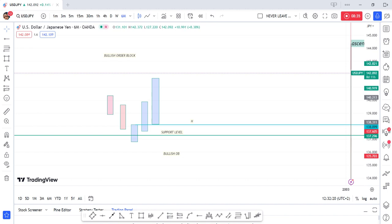So a bullish order block is an entry. What matters most here is to trade at this high to consider a bullish order block. So if you are considering that this is a bullish order block, you'll just have to take the